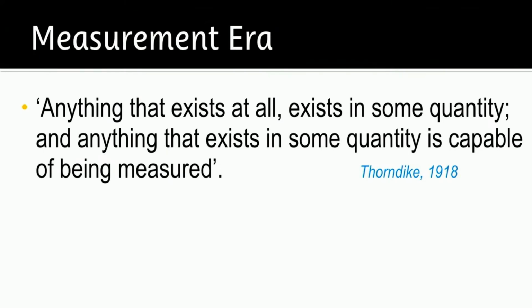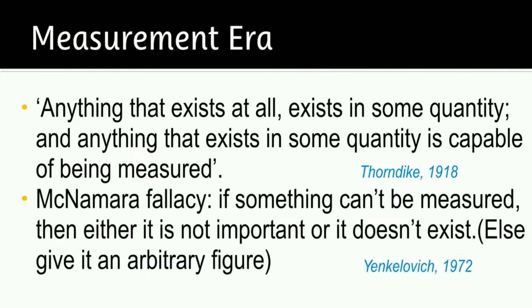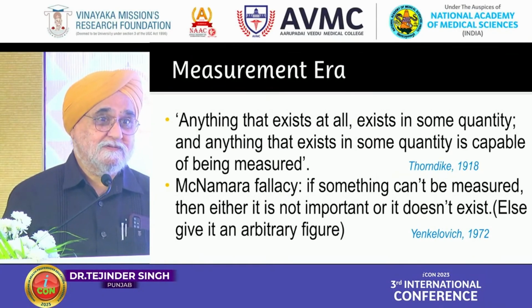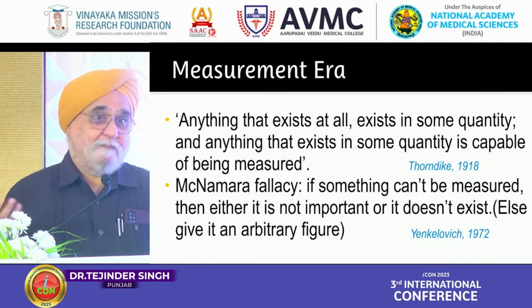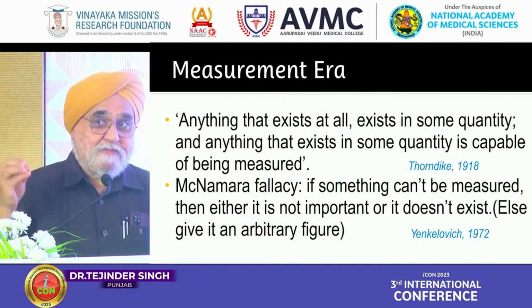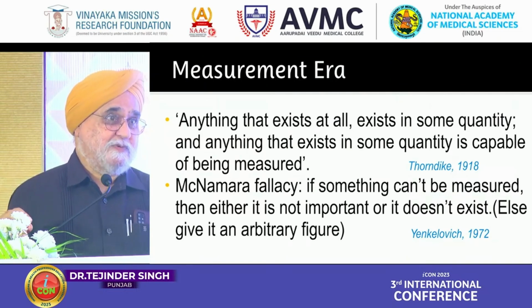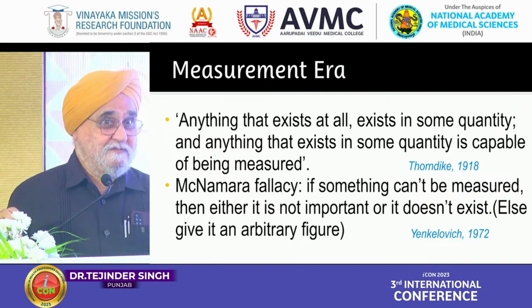Now, Sanjeev is going to talk about this tomorrow, so I'll not elaborate too much on this. But then came the McNamara fallacy. And what it said: if something cannot be measured, then either it is not important or it doesn't exist. So we could not measure professionalism. It became unimportant. We couldn't measure empathy. It became unimportant. Even the best of institutions in this country do not have a plan to assess professionalism, communication,